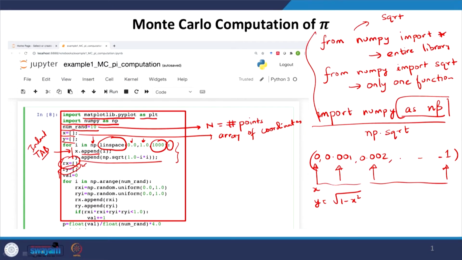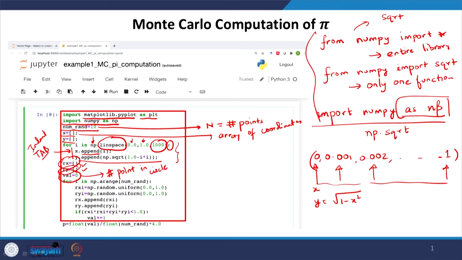Now, I am starting with the points themselves. So, I declare again arrays Rx and Ry. This val that I have defined will store the number of points in the circle, right.